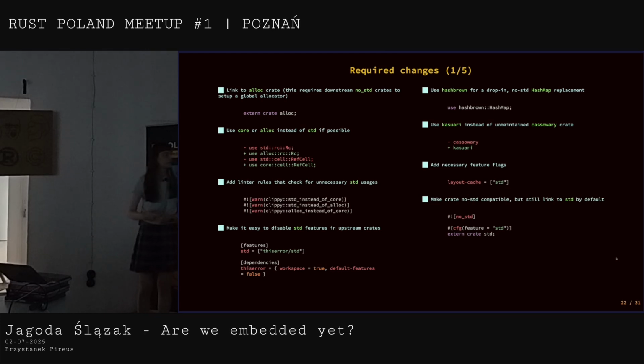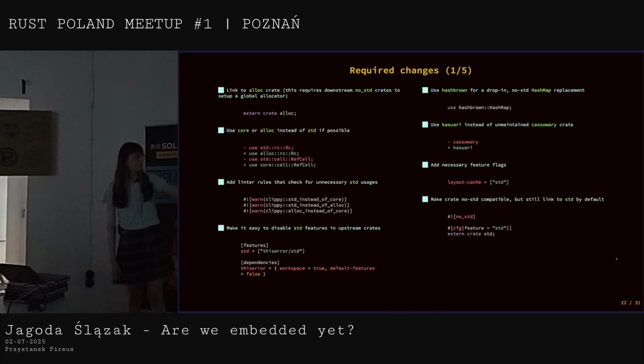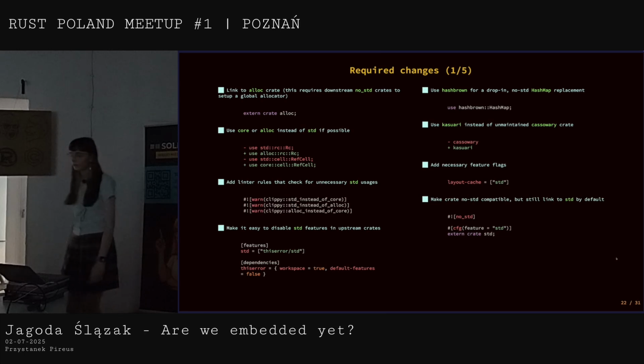We also made it easy to disable std features in upstream crates, because a lot of crates are actually no-std compatible, but they have a std feature flag that is turned on by default in most of them. So you have to disable default features. Since we will still be using Ratatui on the terminal most of the time, we still need this std feature, and we just enable std also in all the